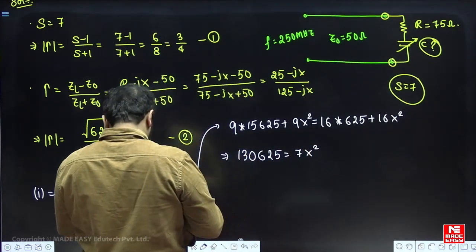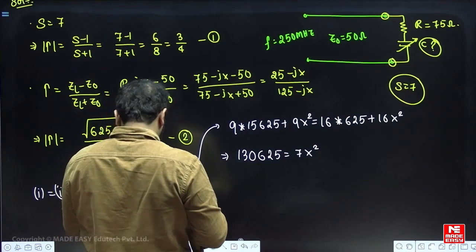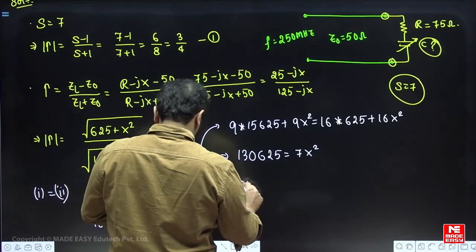So divided by 7, root of answer. So I am going to get the value of x is equal to